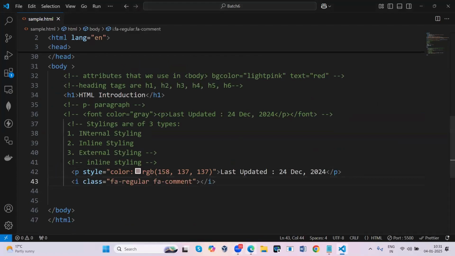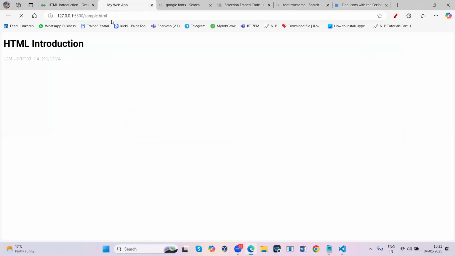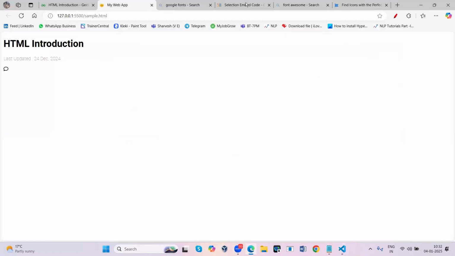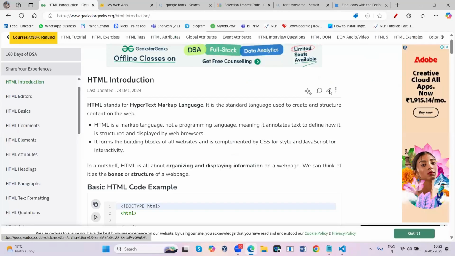So first I just kept this. You just see whether that icon is available or not. See here, your icon is here, but this icon should not be here. It should be here, right? Later I will show how to move this icon to this side. Now I just want to make one more icon. I'm just making this one.